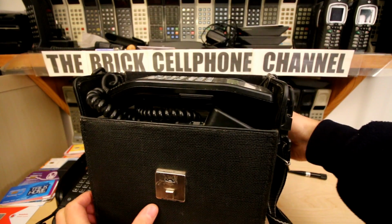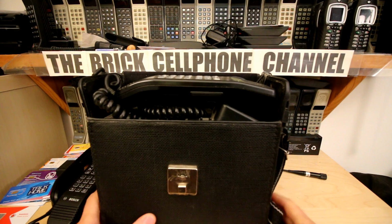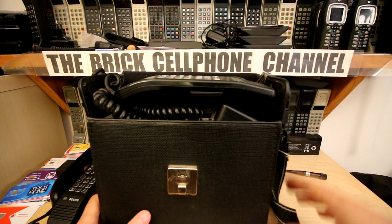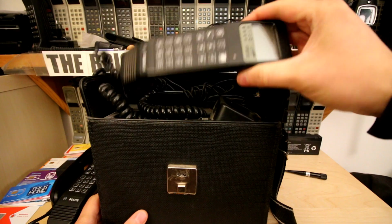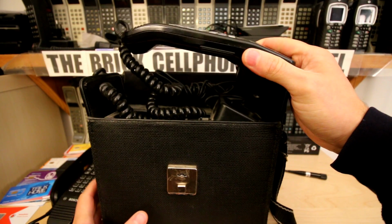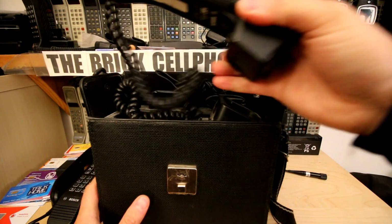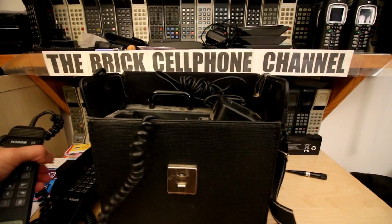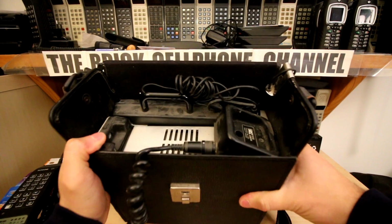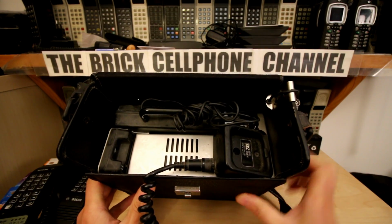This was what I call the portable car kit, because this had obviously a shoulder strap because you needed it. It is the same phone, Bosch OF something or other, and they did these ones in reds as well. Not this one, the other one, the non-leather case one. But this one has a few extra parts to it. So I'll move the headset out just so you guys see what's actually inside this box,